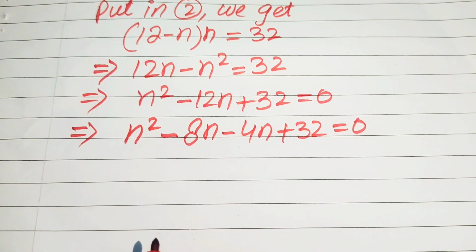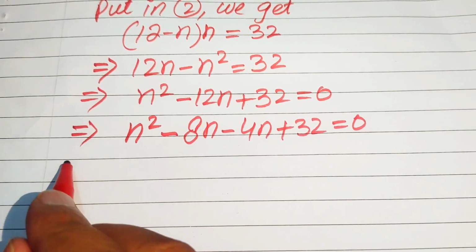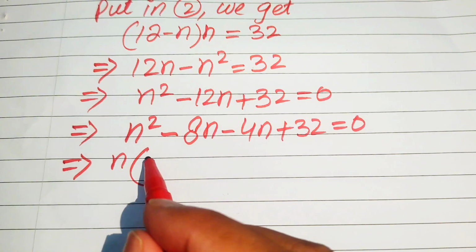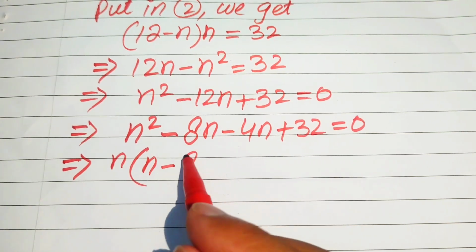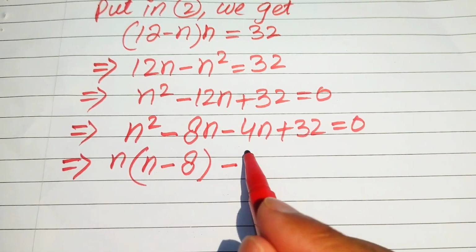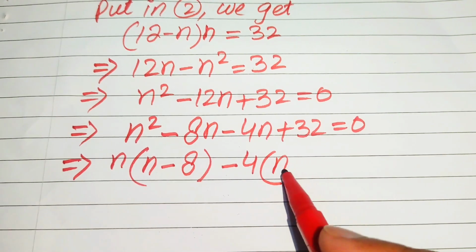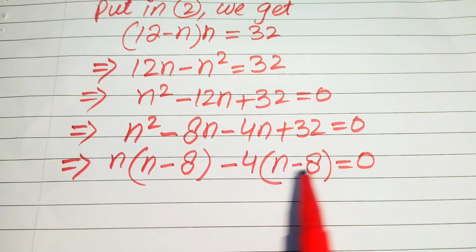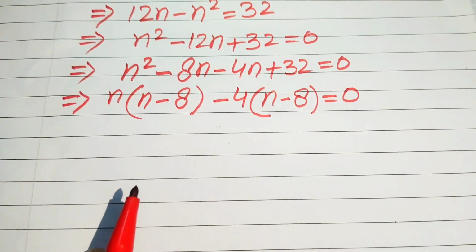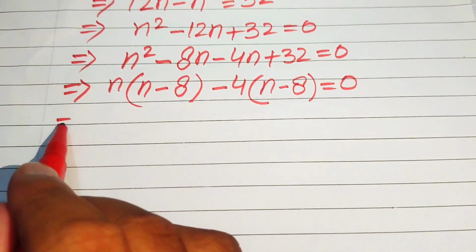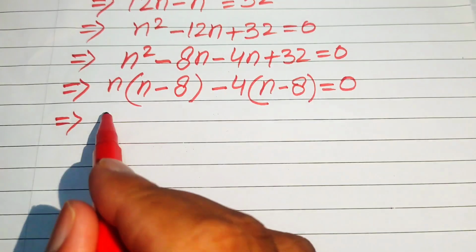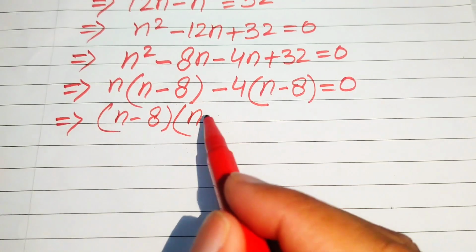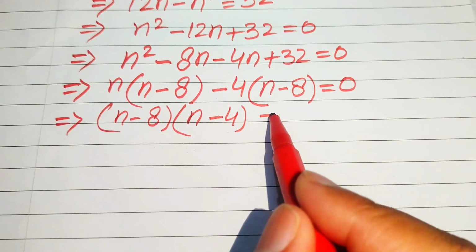Now in the next step, first we take common n from the first two terms and we get n times n minus 8, and then we take common minus 4 and we obtain n minus 8, and this whole equation equals 0. And now in the next step you see here we have n minus 8 as the common factor from both of these terms. So we take common n minus 8 and the remaining terms are n minus 4 equals